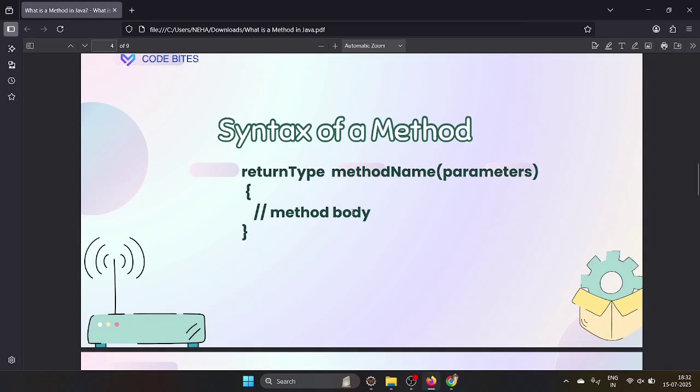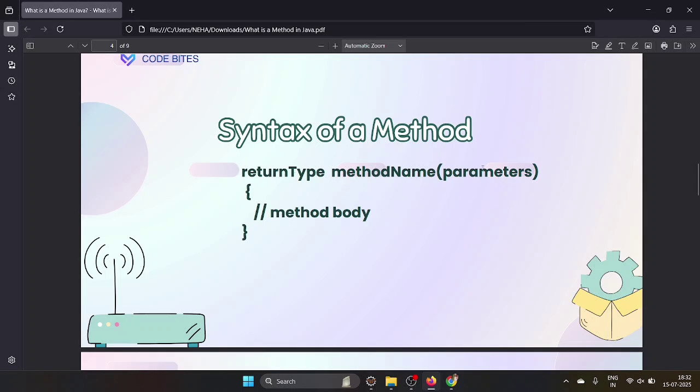If you want to return something from this method, then here we give the return type. If you want to return an integer value, then we mention int here. If you want to return a name, then you mention string, right? This is the return type of what you need to return from this method. If you are performing some operation and after performing it you want to return something back, then the type you are returning, you need to mention here. Then this is the method name.